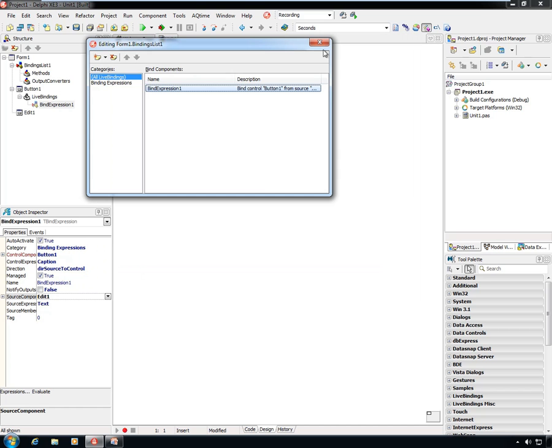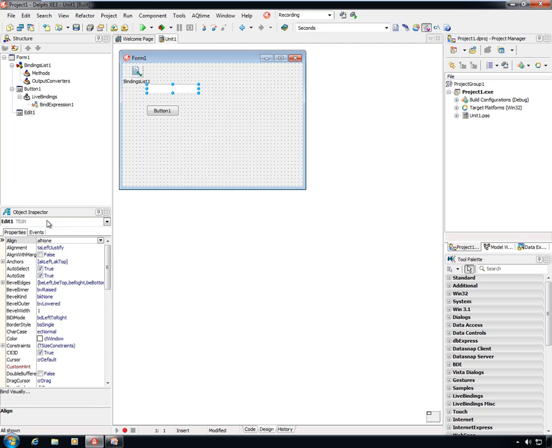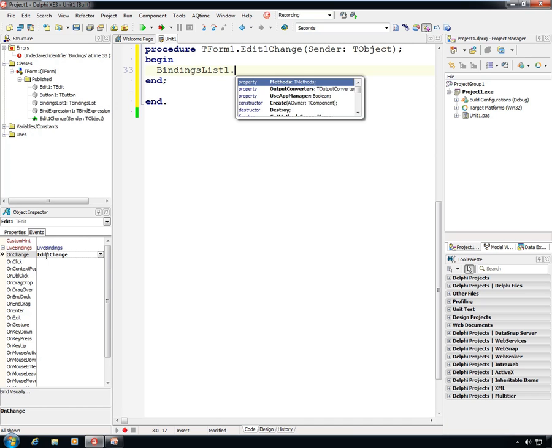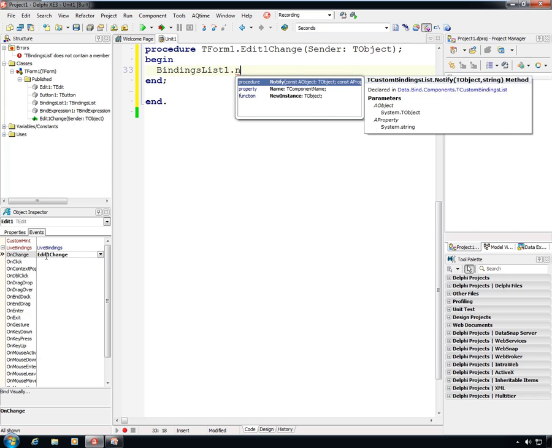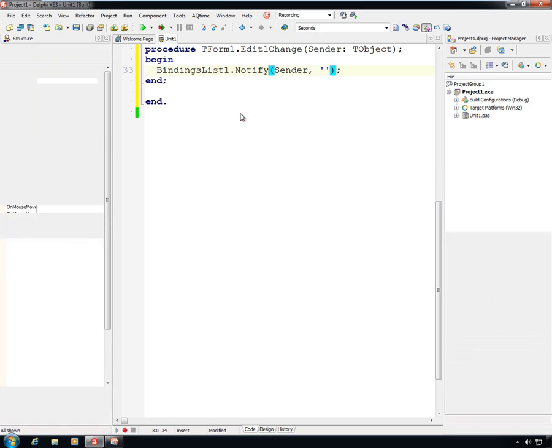Now, there is one thing that we want to do while this works. This will work when the LiveBinding expression is going to be evaluated and applied when this becomes activated. But if we want to be able to have these LiveBindings stay updated, in this case, because these are manual LiveBindings, we're going to have to use the notify method of the bindings list in order to keep things synchronized. So now I'm going to run this, and